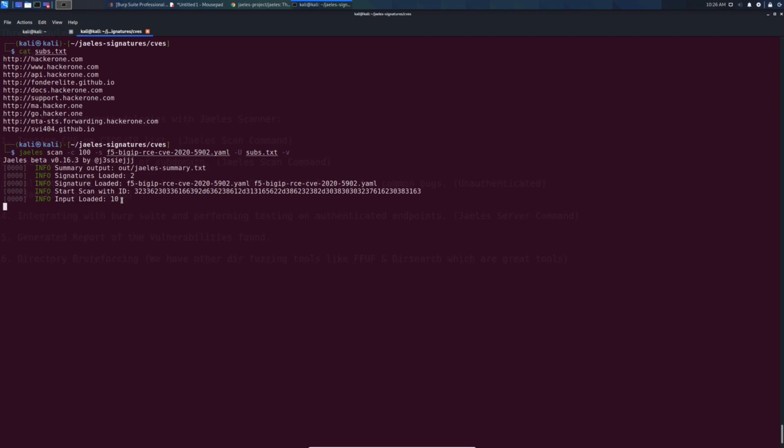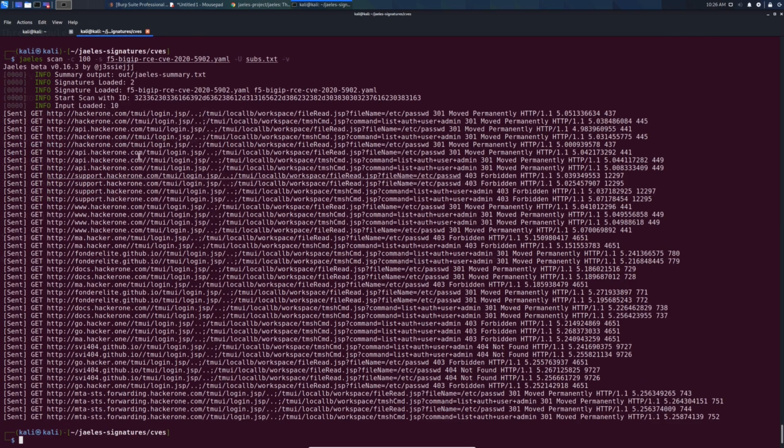So here in summary, we can see signature loaded is 2, and the input there are 10 subdomains, and signature 2 because there were 2 GET requests, that's why it is saying 2. So again it sent all the requests, but it didn't find anything because that was definitely not vulnerable. It was not able to find the vulnerable machine, that's why it was not able to detect it. If it is able to detect it, it will be in a different color,